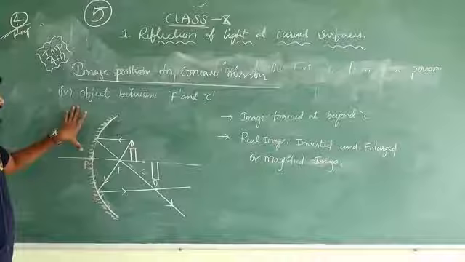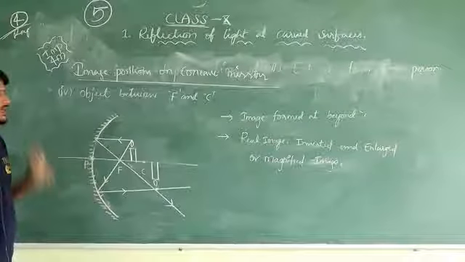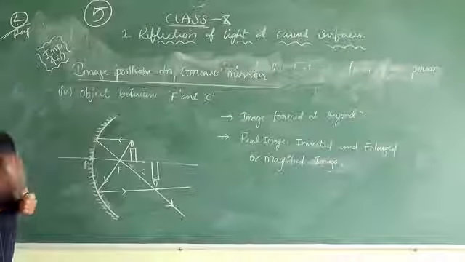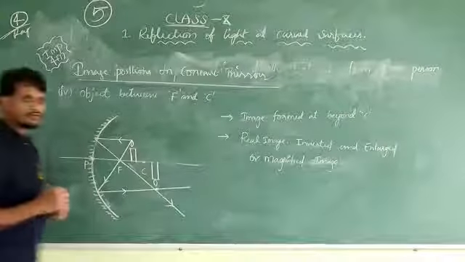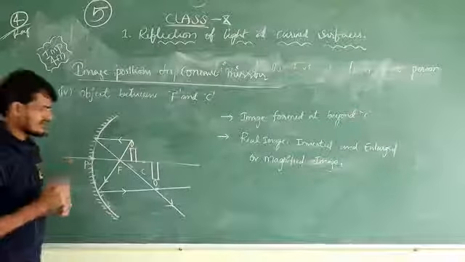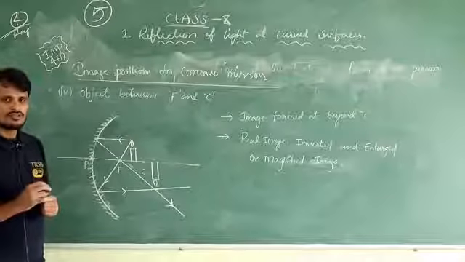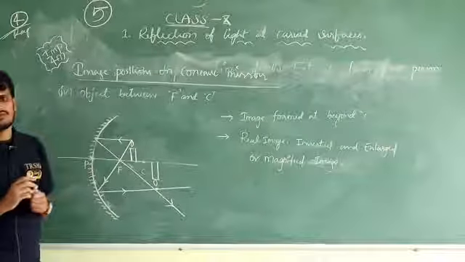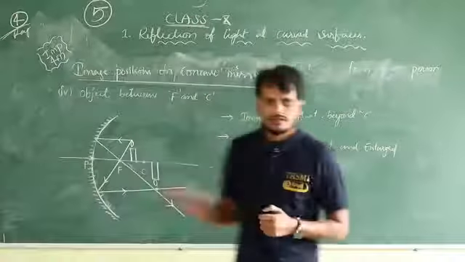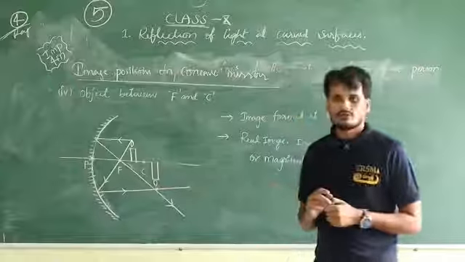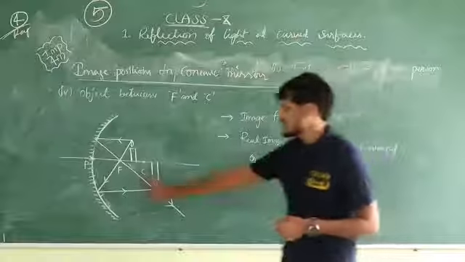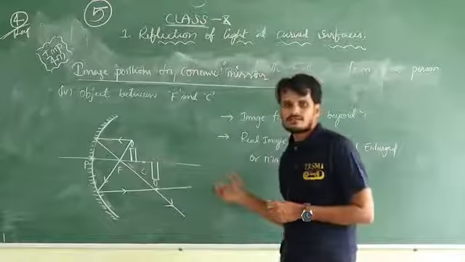So these are the four ray diagrams for the concave mirror. First one is placing the object at infinity, the image forms at F, it's a point-size image. The next position is, if you place the object beyond C, the image forms between F and C. The characteristics of that image: it's a real image, inverted image and diminished image. If you place the object at the center of curvature, the image forms at the center of curvature only. It's a same-size image, real image.